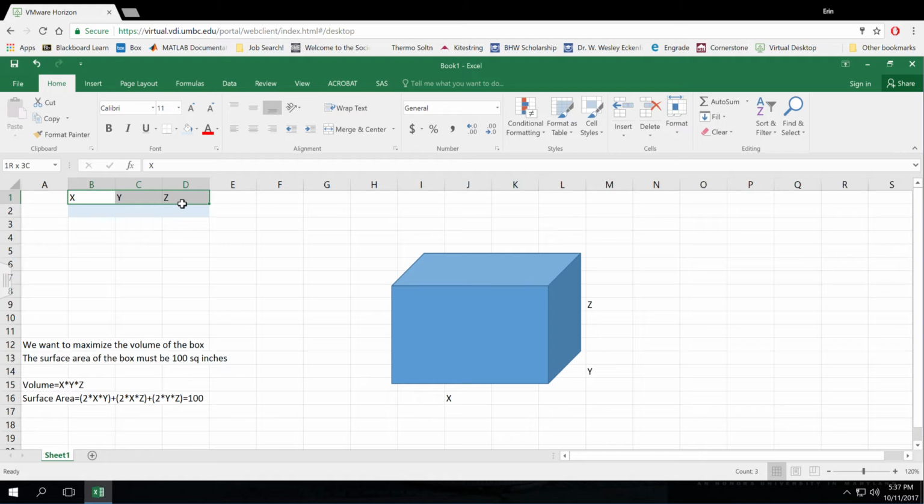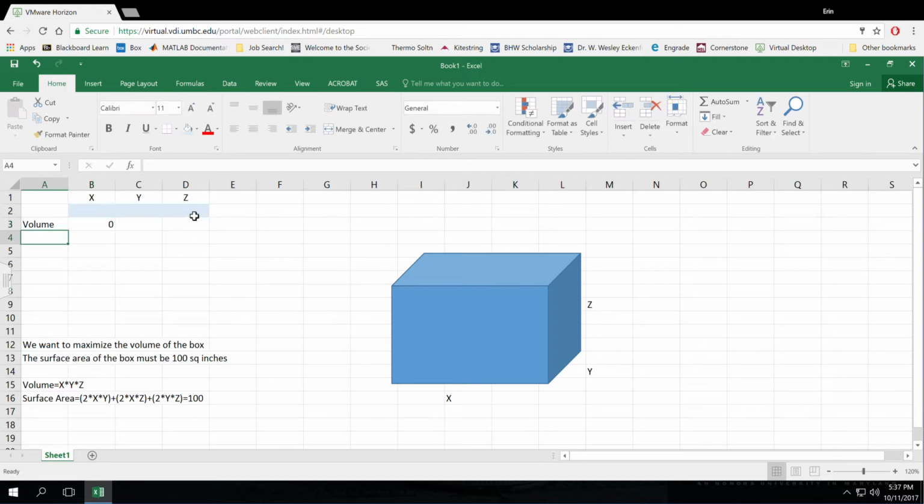Those are the cells where Excel will fill in to tell us what the size should be. And then we know that our volume needs to be equal to